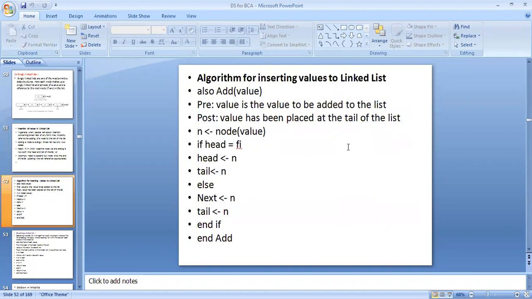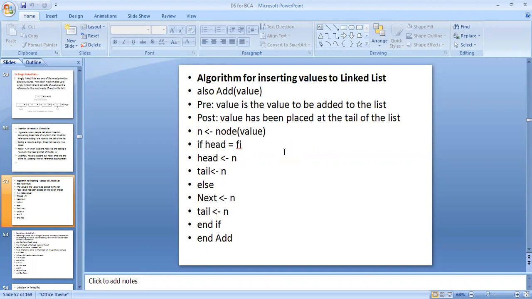So algorithm for inserting values to linked list. First is the add value. Pre: value is the value to be added to the list, and post: value has been placed at the tail of the list.